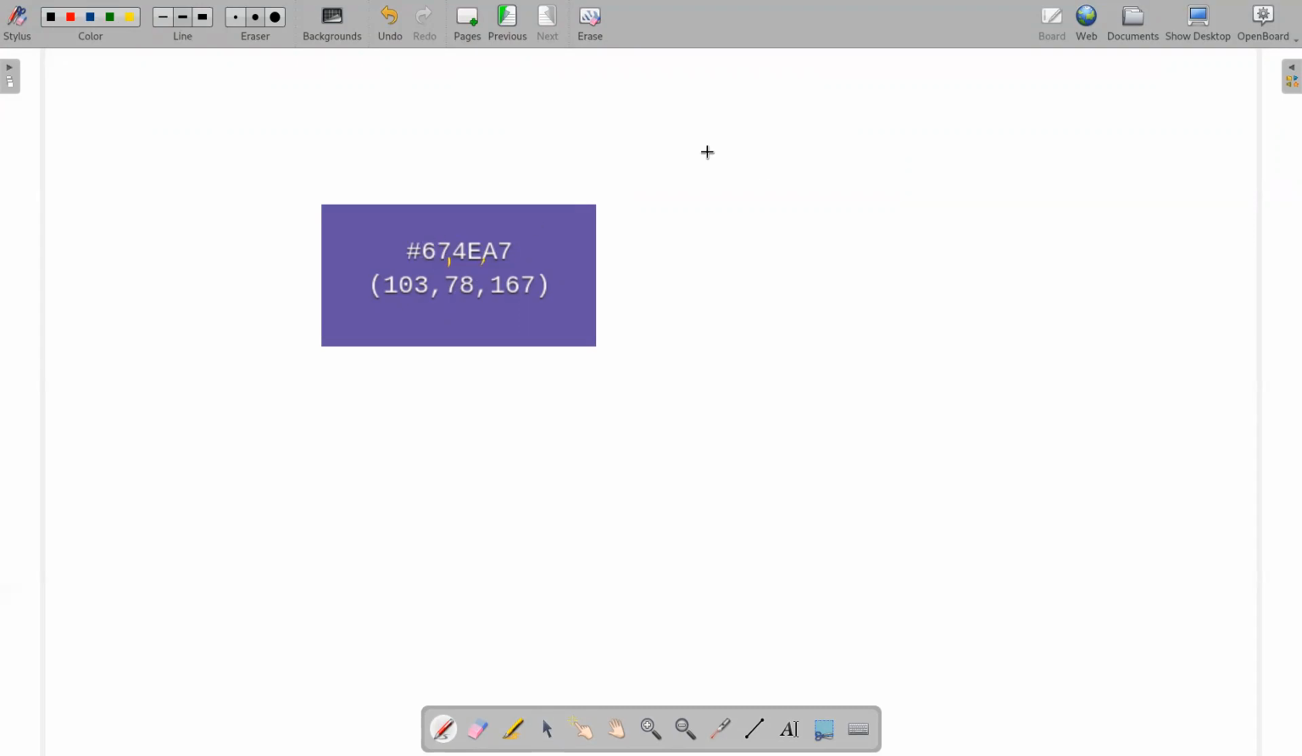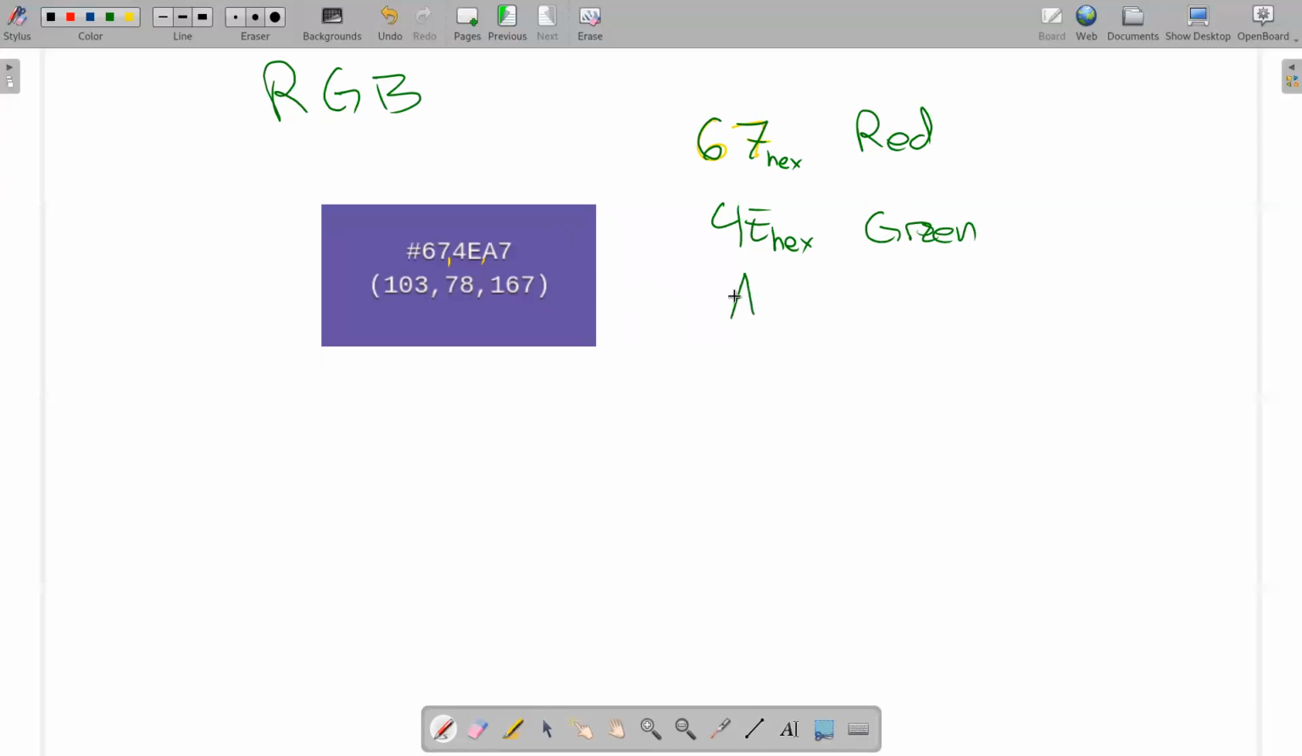So the 6, 7, and let's actually switch color. Let's go 6, 7 like that. That is the hexadecimal amount of red. Right, so it goes RGB, red, green, blue. And then the 4E is the hexadecimal amount of green on the computer that makes this purple. And then A7 is the hexadecimal amount of blue that makes this happen. And we mix that much red, that much green, and that much blue with light on a computer screen, we